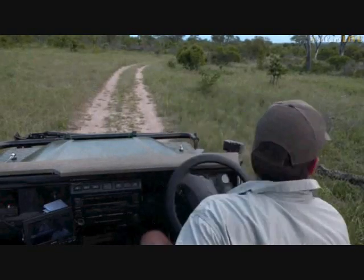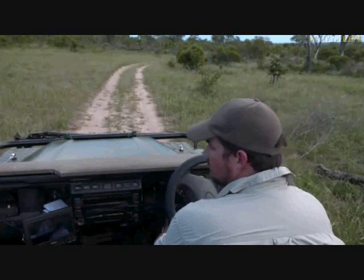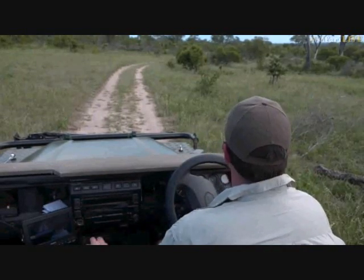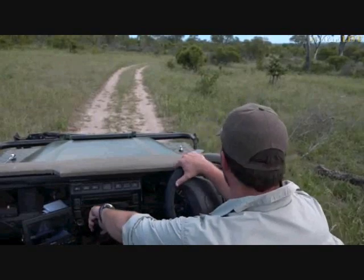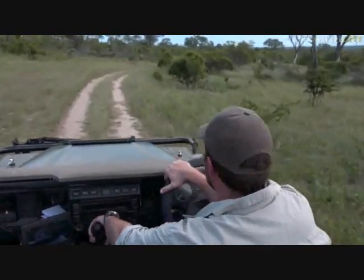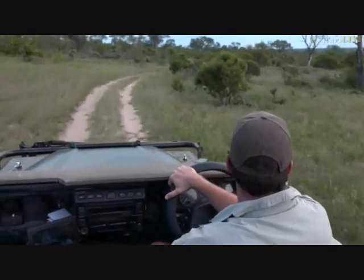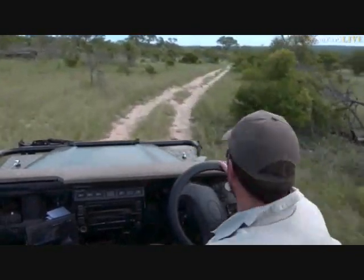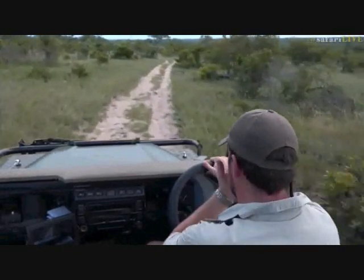Alright guys, so now that that roller has flown away, we're going to carry on and see if we can continue our search for these lions that have been a bit elusive over the last couple of days. So we're going to just keep heading slowly west. So far there's been no sign of them. We haven't seen any tracks or anything yet. I'm just going on a hunch at this stage, but hopefully it will pay off and we'll be able to find something